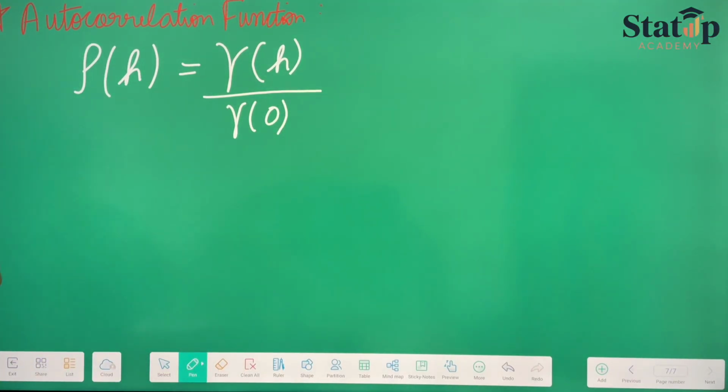This was it. So the first property that we want to find is that rho 0,